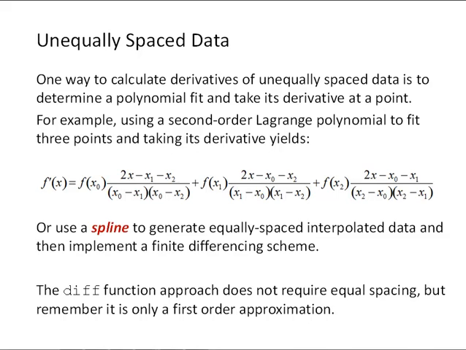So let's talk about a couple implementation notes. The approaches that we've talked about generally require equally spaced data so we can define h. That's necessary to define h that's consistent for all the data. There's a couple approaches for calculating derivatives of unequally spaced data. One way is to determine a polynomial fit and take its derivative at the point that we want. So for example, we can do this analytically using a second order Lagrange polynomial to fit 3 points and then take its derivative. So you would have here, we can use any 3 points